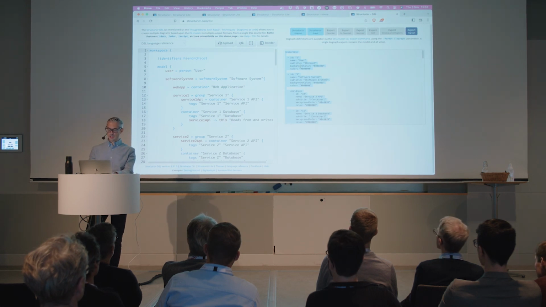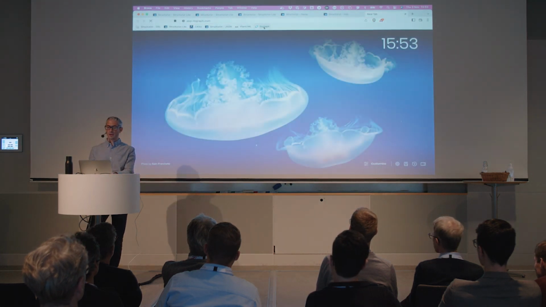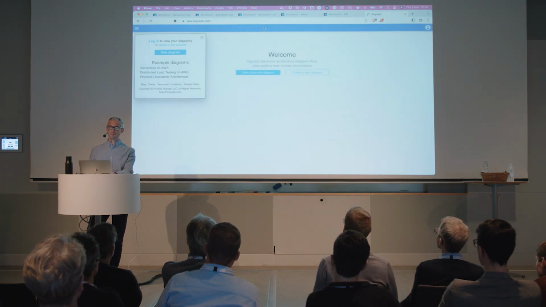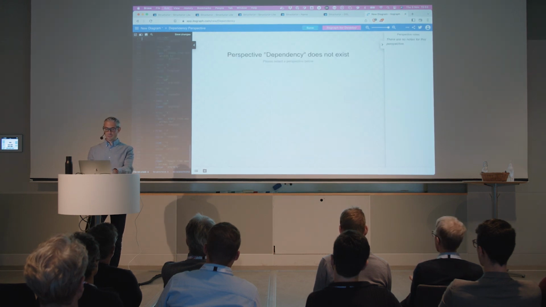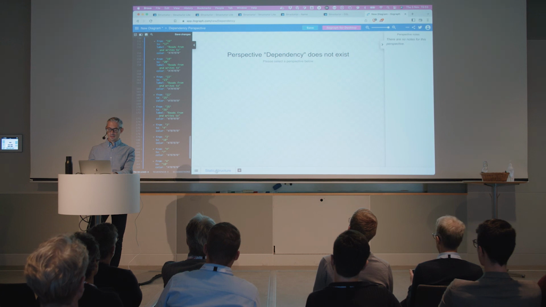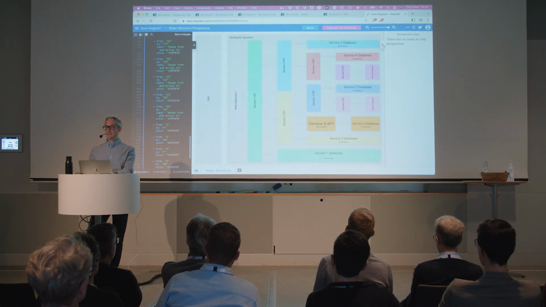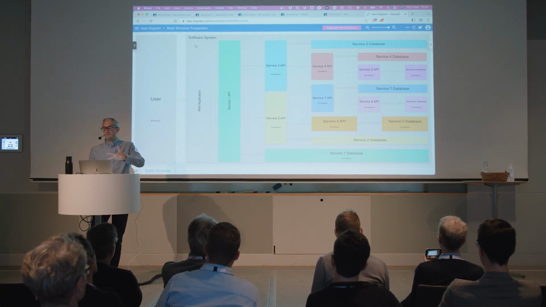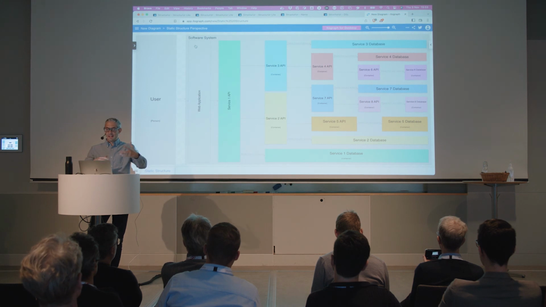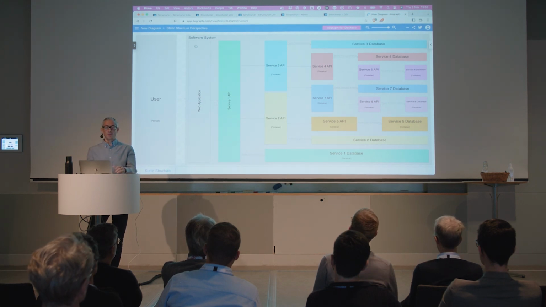I'm going to take this, put it into my clipboard, open up a new tab, go to app.ilograph.com. I'm going to click New Diagram. So this tooling is nothing to do with me, but I think it's super cool, so I supported it. I'm going to remove their example, put mine in, click this, and look at that. So this is another alternative version of essentially that same information. And now this is a much more visual, collaborative, and interactive way to explore that same model.